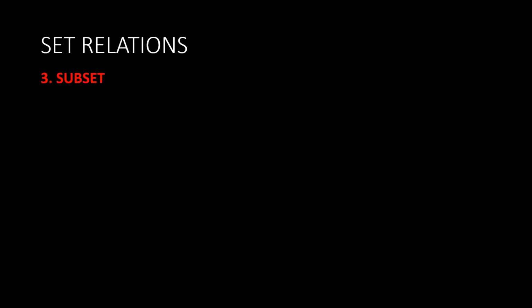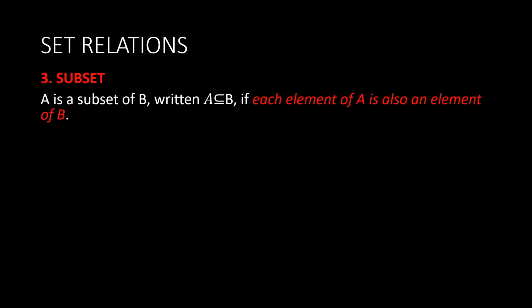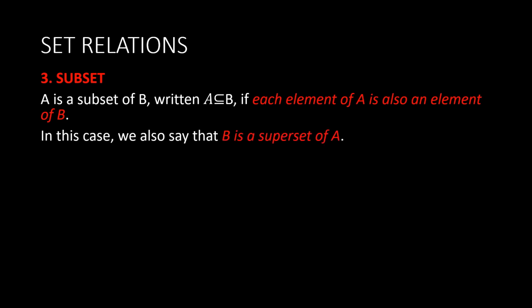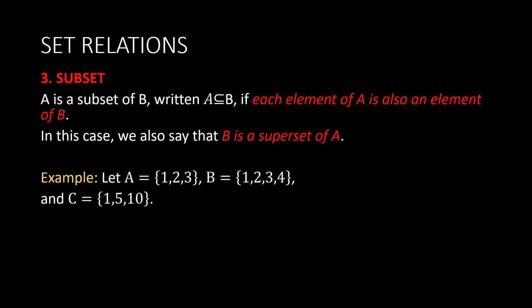Number 3, subset. A is a subset of B, written in this manner, if each element of A is also an element of B. In this case, we also say that B is a superset of A. For example,